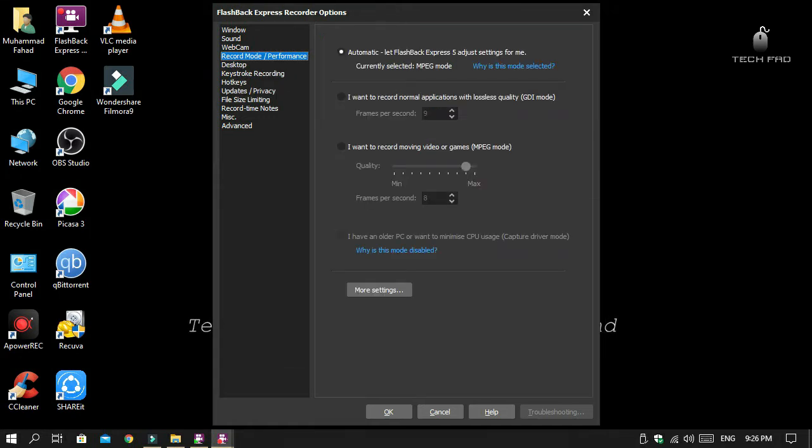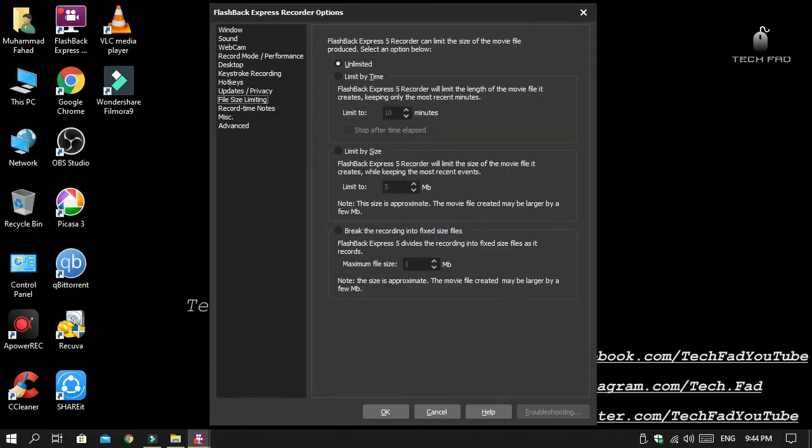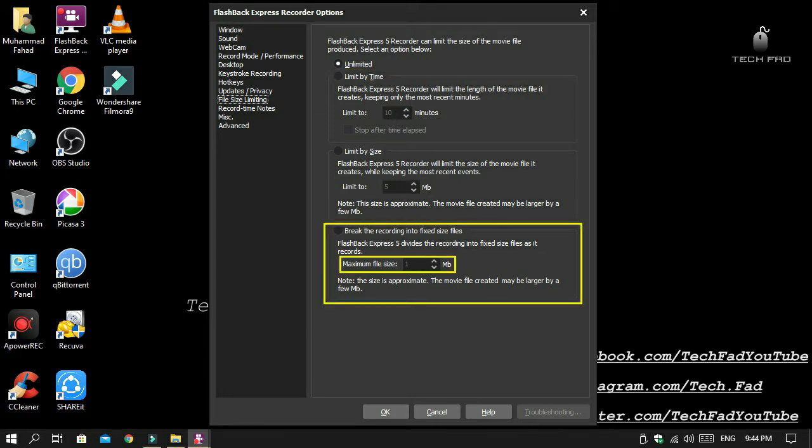There's also a dedicated gaming mode that lets you define the number of frames recorded per second. There's no limit on the length of recordings unless you choose to set one, which can be useful if there's a chance you might accidentally leave the recorder running. You can also choose to break long recordings up into chunks, a brilliant touch that helps you avoid creating huge,